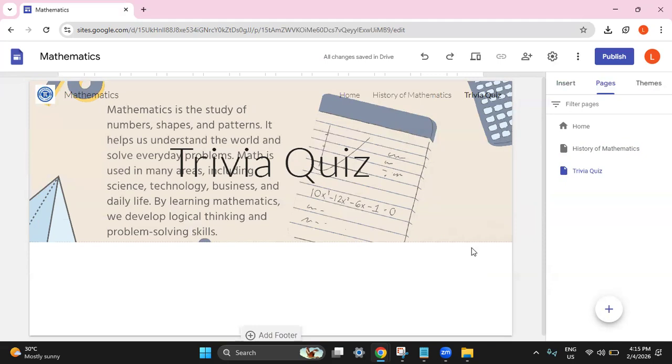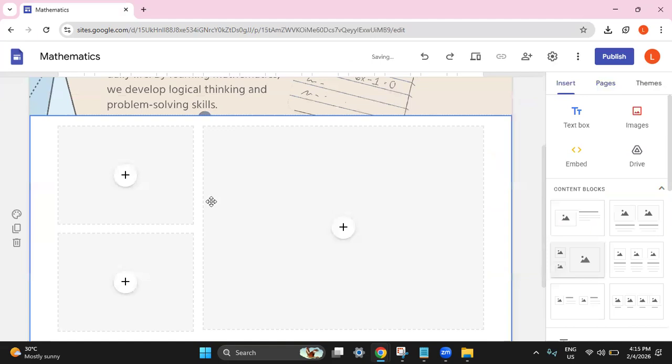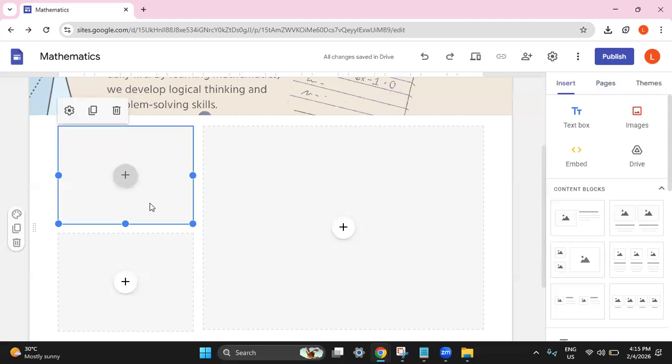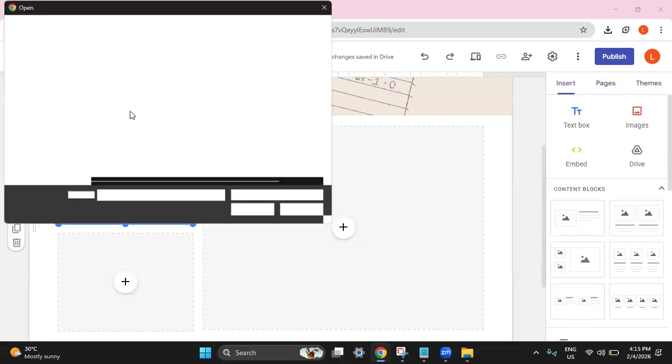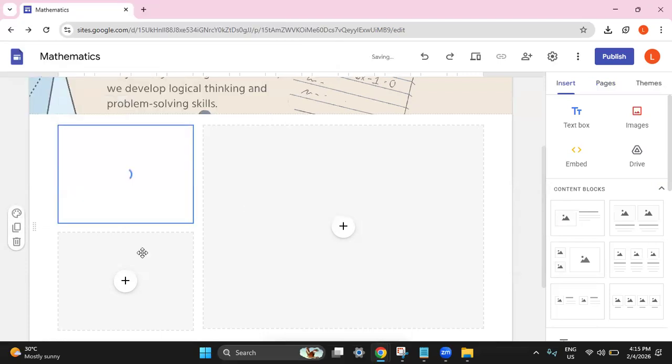And then let's click insert and then try these three content blocks for photos. Just click the plus sign and then upload. I prepared this photo earlier.